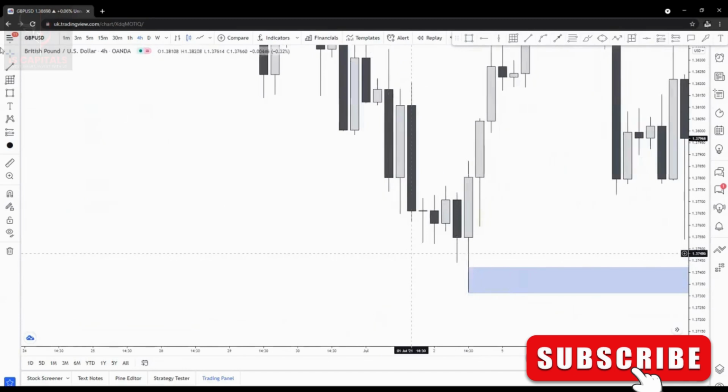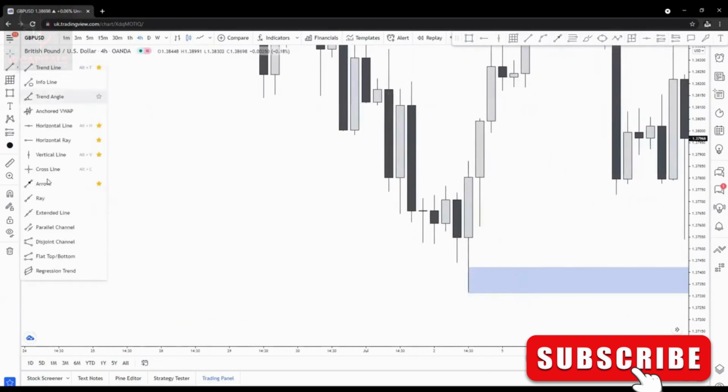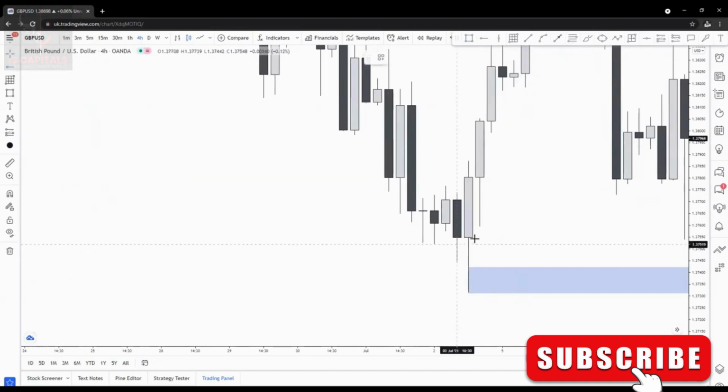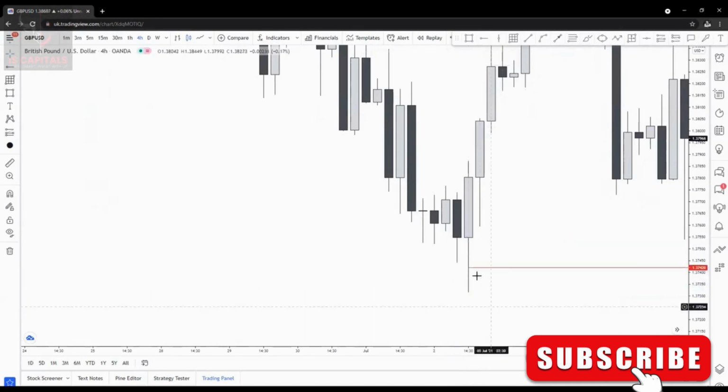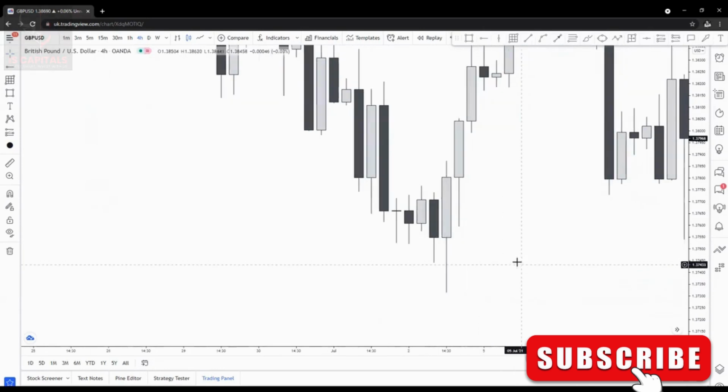So there will always be two order blocks. One would be on the opening of the week, and the other one would be on the 50%. So that's not one order block, there'll be two. And I'm talking about the lower time frame. Now this is the 4 hour. So I'm telling you what happened on the lower time frames. I hope it's clear.